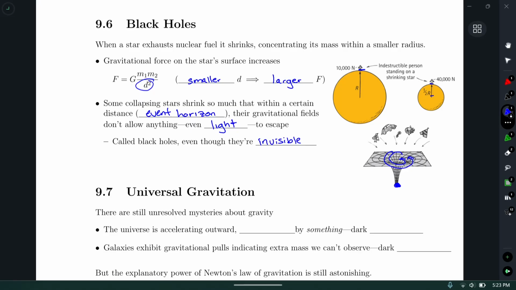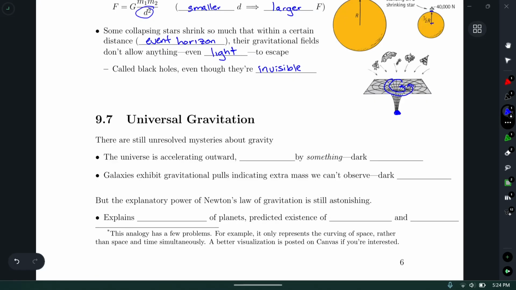But that is not the situation, and in fact we know it because at this point we know that at the center of every galaxy we've looked at, there is a huge black hole present, including our own, the Milky Way galaxy. And it has been there for who knows how long and has not destroyed the galaxy. So far we're okay. All right, and to finish off chapter 9, there is this idea of, again, universal gravitation,